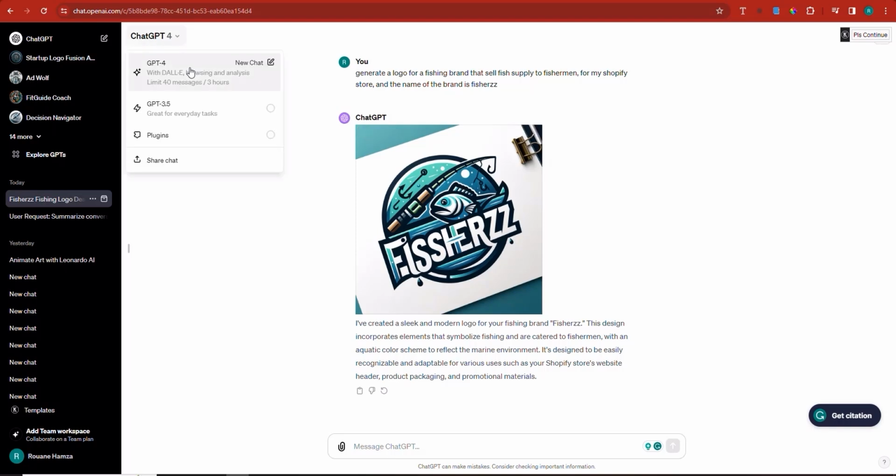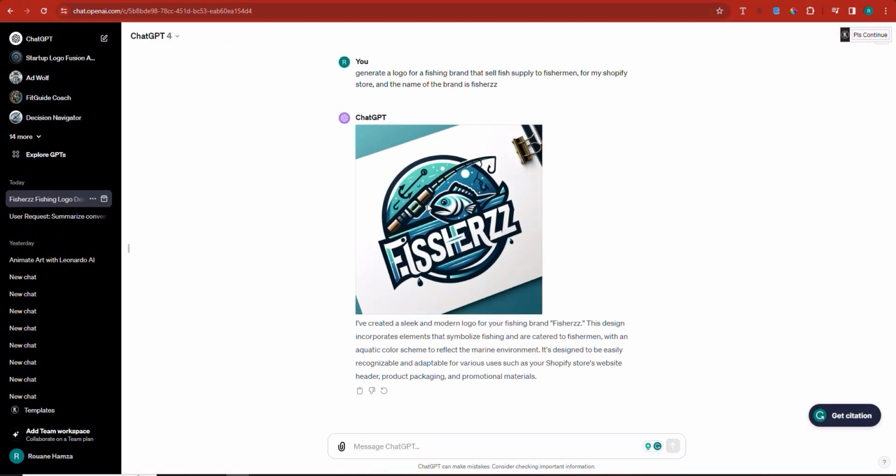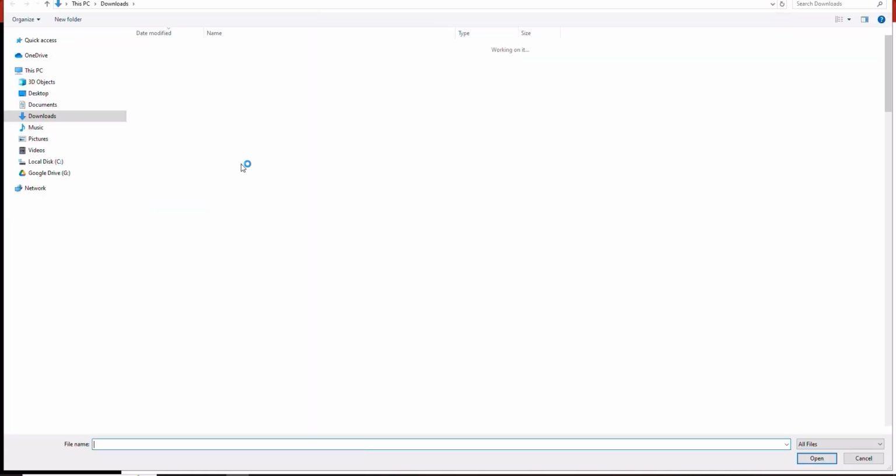Now, there's another feature to ChatGPT that you have to be aware of, which is advanced data analytics and plugins. But first, before we go there, I would like to also tell you that ChatGPT can process files. Well, this is ChatGPT 4, not 3.5. So ChatGPT 4 can process files, meaning you can click on this button right here and you can upload a